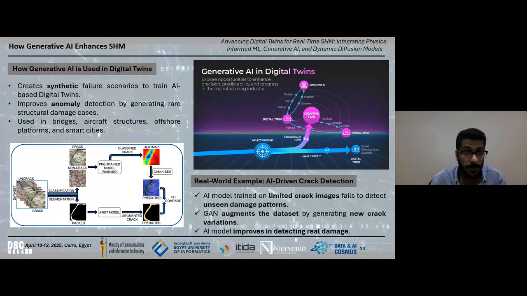Okay, so how is it used in digital twin? As I said, it is used for creating synthetic failure scenarios to train the machine learning model, to increase the efficiency of the digital twin's predictability. I'm speaking here about a proactive, predictive maintenance model, not a reactive model. And then it improves anomaly detection.